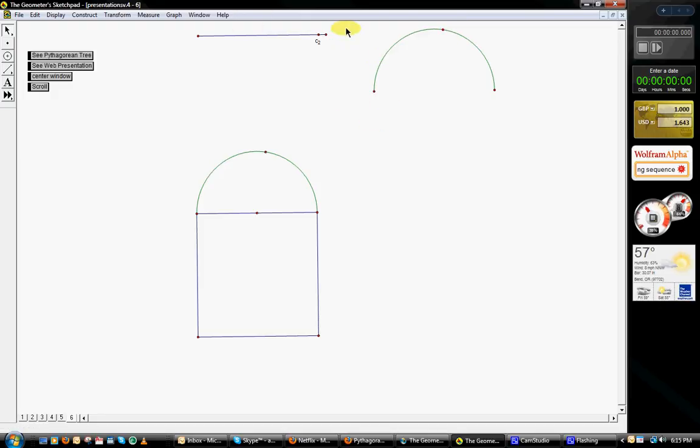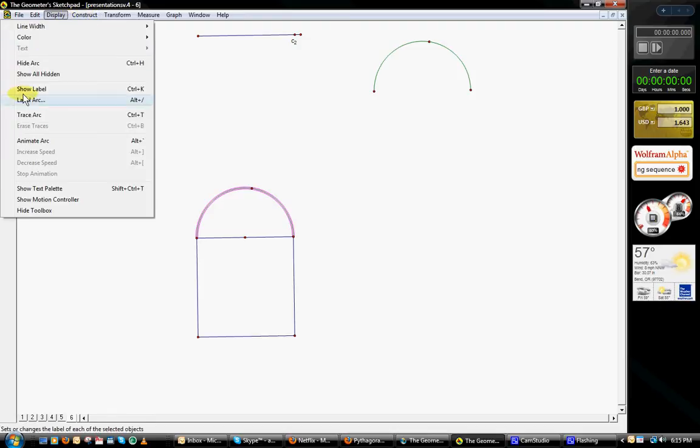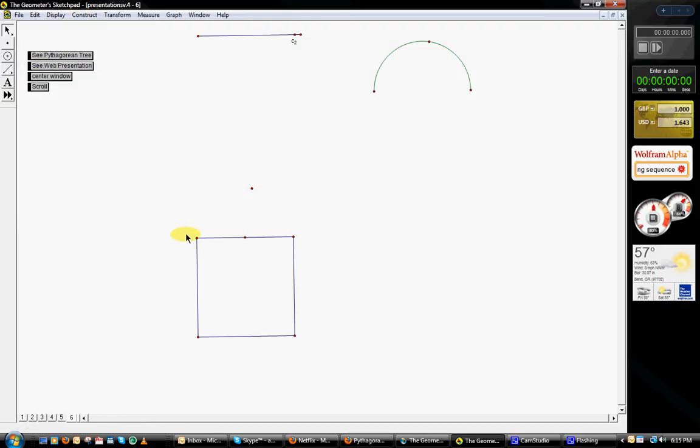Okay, so now let's go a bit smaller here, and we'll hide that arc off, and then we're just going to build these segments all in one shot. Now, if you wanted to, you could hide off the square, or carefully select only the points of the triangle in this controller arc up here, we'll call it,